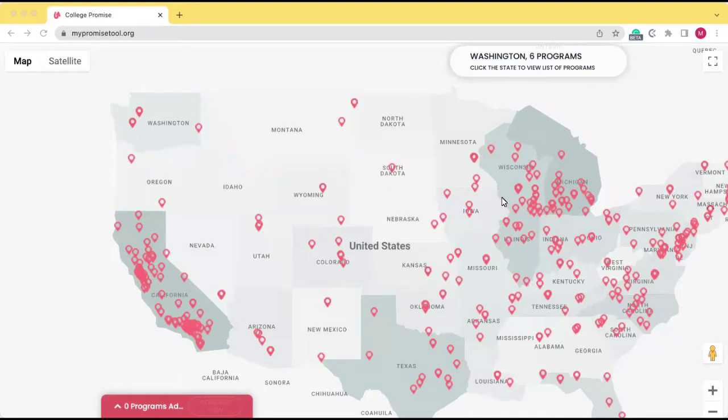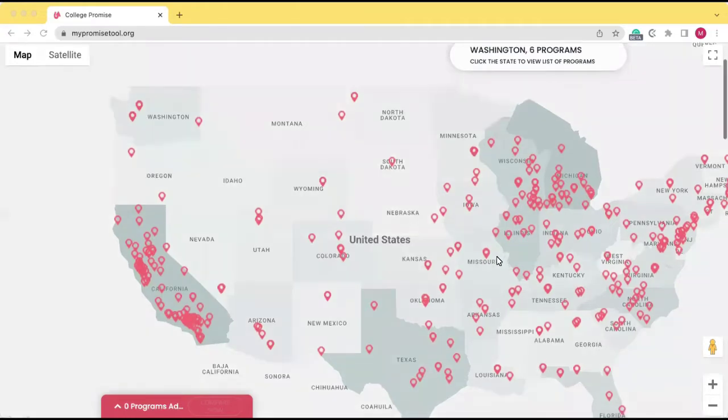We'll also talk about the search capabilities by program name, school, city, or state for specific or localized programs. And lastly, I'll take you through a comparison tool that allows students to select multiple programs and see side by side to ensure that they can find the best option for themselves.